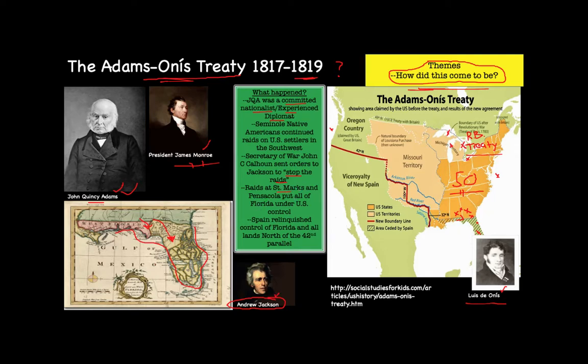After the raids at St. Mark's and Pensacola, again from Andrew Jackson, Louis de Onis knew that Florida couldn't be kept by the Spanish. So Florida will be put under U.S. control, and Spain will also relinquish control of all lands north of the 42nd parallel up here. This was, again, territory that was claimed by many countries, including Spain. But the Adams-Onis Treaty,